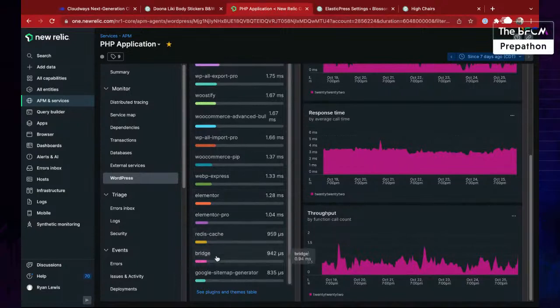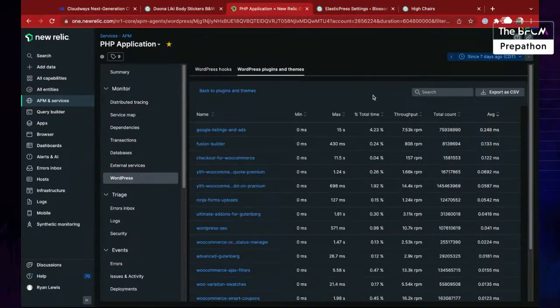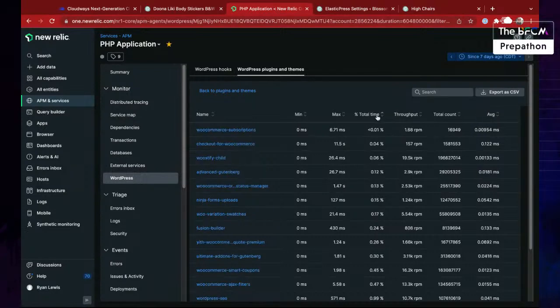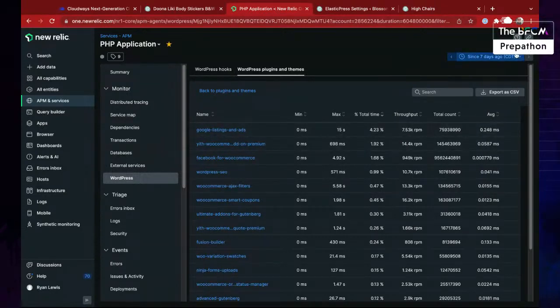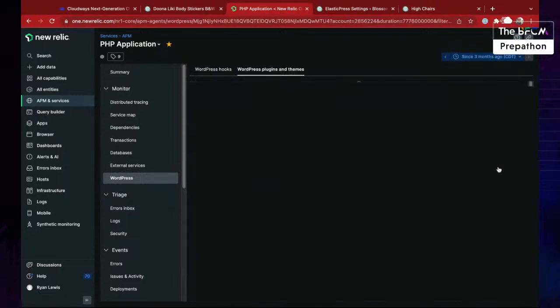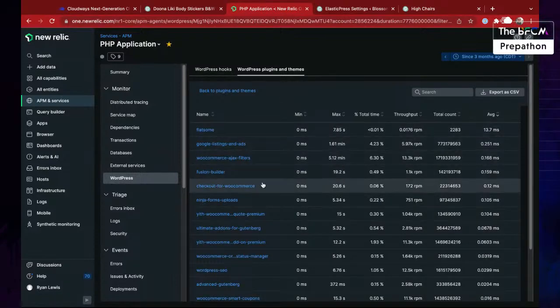And we can go way down the list here and see, okay, there's a lot here. I can see a table of all of them if I want. And I can sort by total time. And then, if I look here, I can actually go out further to get further data, just so that I have the most data possible. So here I'm seeing FlatSum was enabled at one point. Icons. Icons for the win. Yep. And just a whole bunch of stuff here that we can